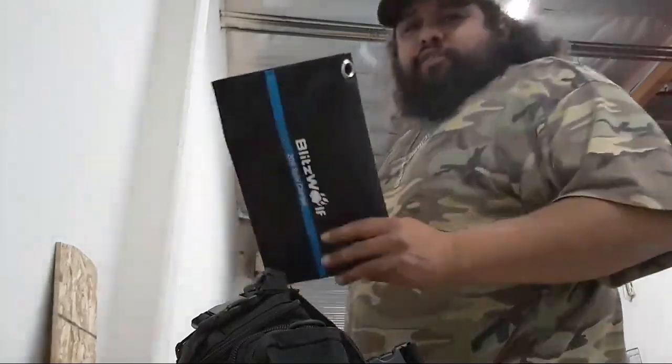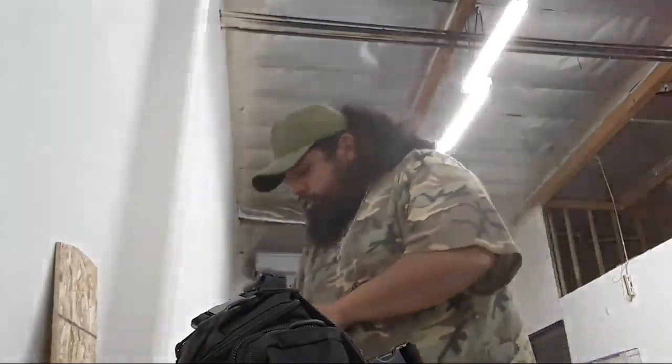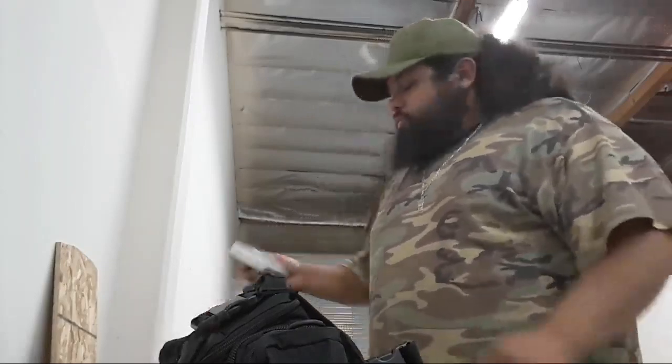Unfortunately, there was enough sunlight out there for me to test out the Blitzwolf solar panel. Hopefully, now that I'm going at the end of March, there should be more sun. It'll be springtime. But another thing, guys, this guy again, the $15 power bank that I got off of Amazon.com